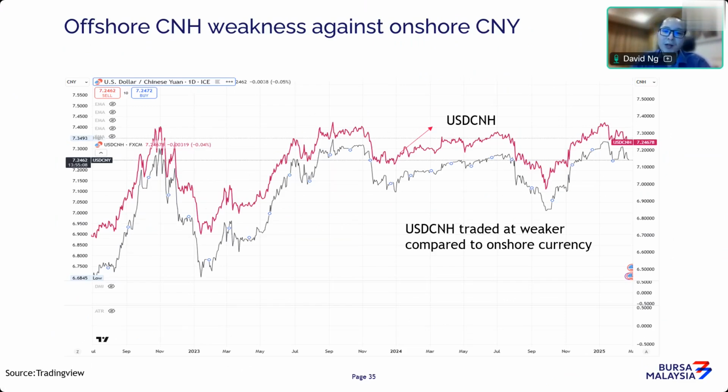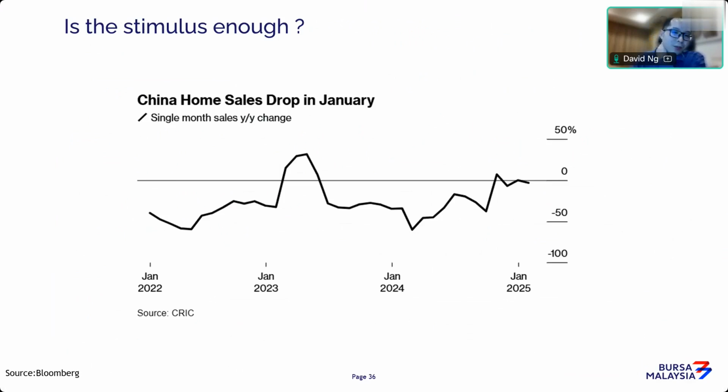While if you just look at the CNY, which is an onshore currency, there's always a degree of control by the government as to certain levels that they want it to go. So in a sense it always tends to be stronger as compared to the offshore currency. So the offshore currency gives you a better reflection of the actual rate, or indirectly the actual economic performance in China. So do note the difference. But what we are trading on the Bursa Malaysia pair is basically the offshore currency, and not the onshore currency. So going back into the main discussion, I think China is facing a bit of economic doldrums.